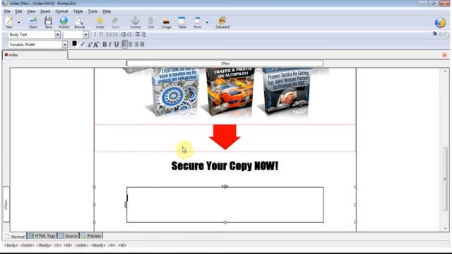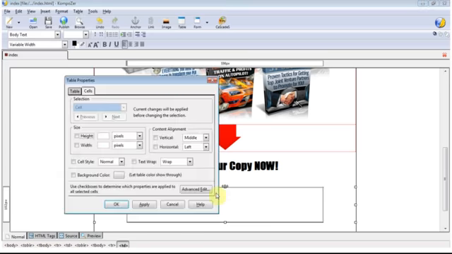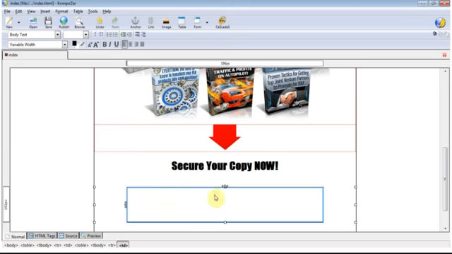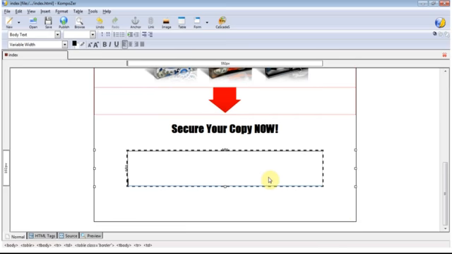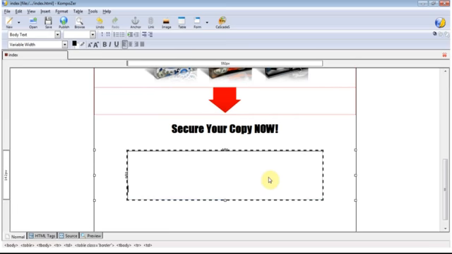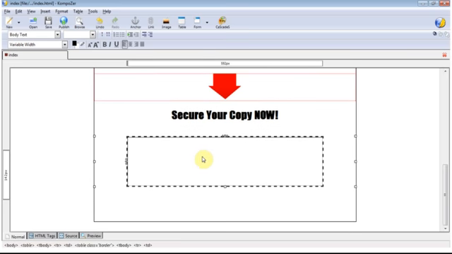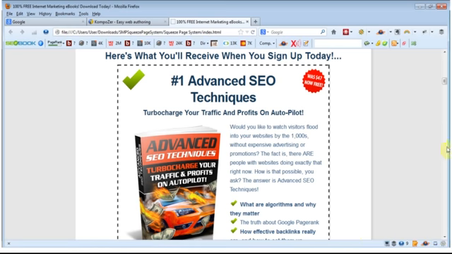Click OK, click OK, and then we just double click into the box to make sure it's highlighted and selected, and then we just select the class here, and you can see we now have this dashed border going around our box. So now we can add the opt-in form into this section here, and if we want to add any more text, so for example